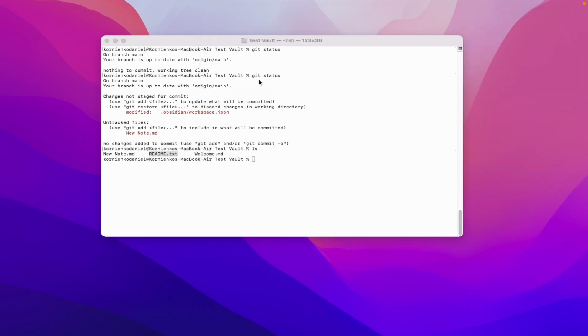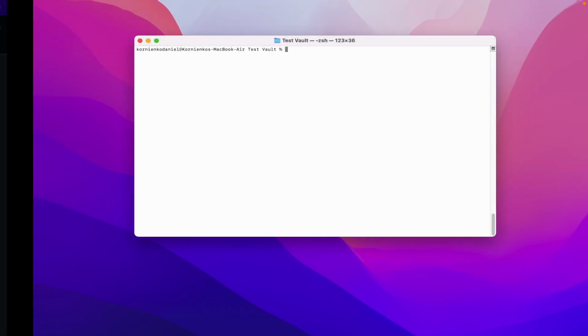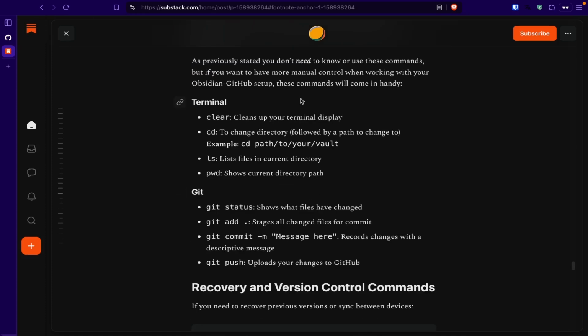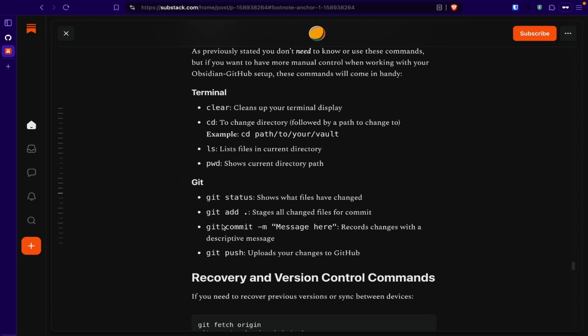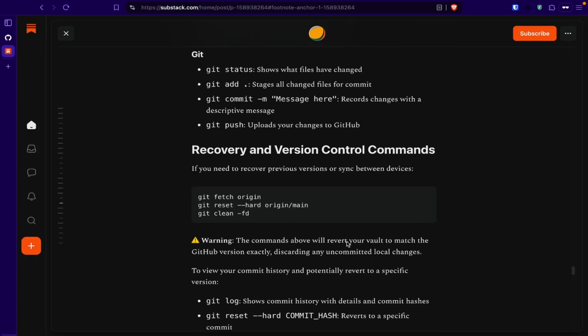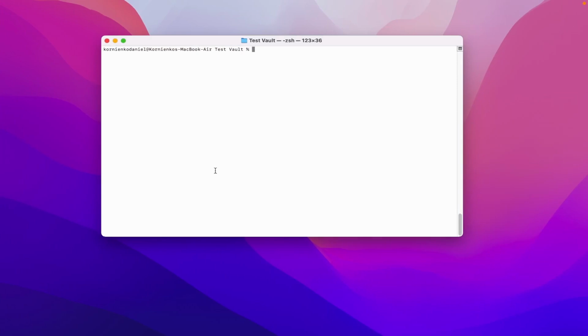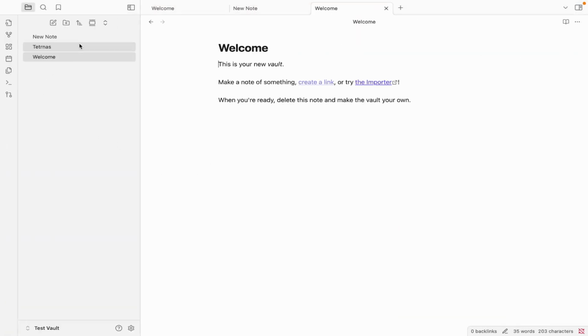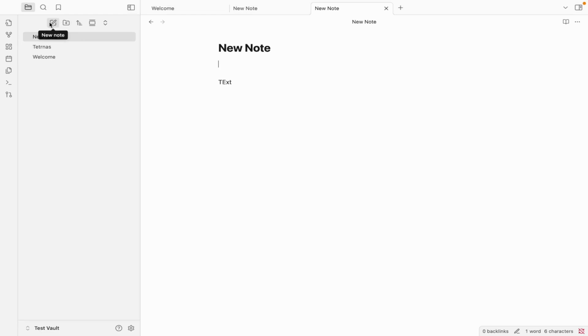I can also run through some helpful terminal commands. They're in my article. You can check it out. Clear, cd, ls, pwd. We used all of that. This too. And I don't really see this ever being really useful, but if for example you created a note or something,